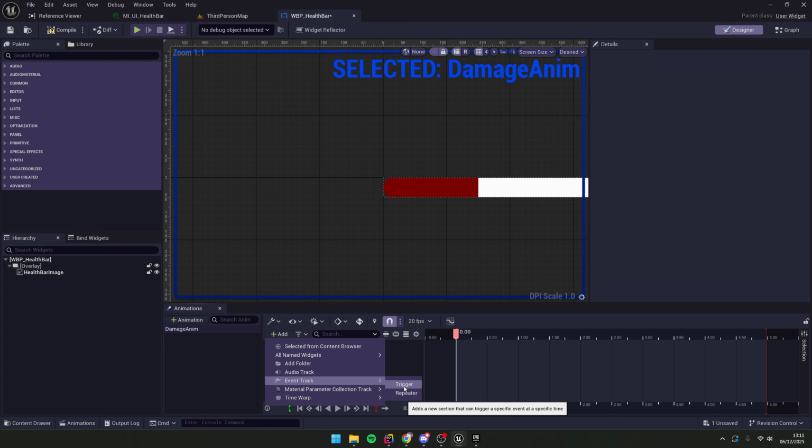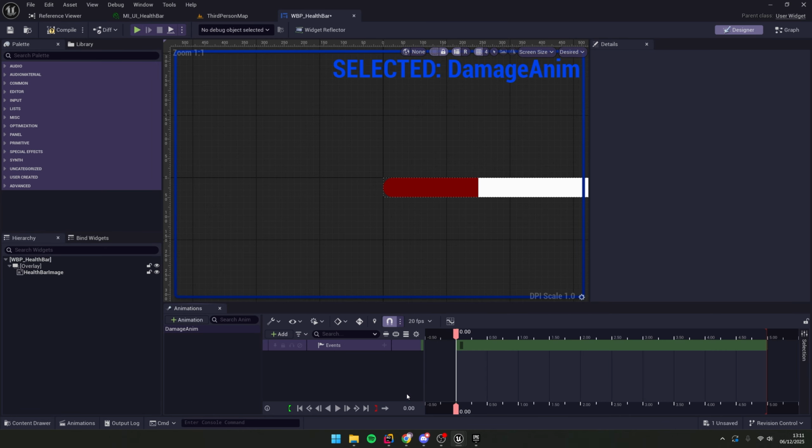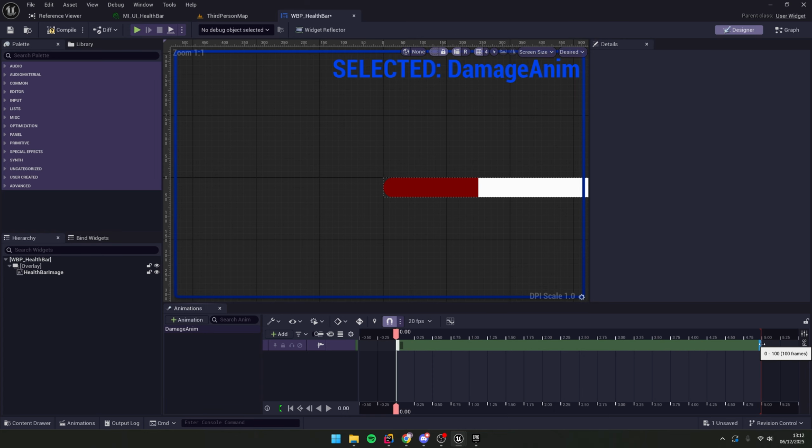So a trigger for an event track will only trigger once. Where you put that keyframe in the animation, it will trigger that event there, and that's it. A repeater will be triggered for the entire animation duration every tick. And that's what we want, so we'll be able to lerp between the two values. So we'll add our repeater track, and you see at the moment it's 5 seconds long. That is way too long, so we're gonna drag this down to 0.5 seconds, so 1 second is there, 0.5,